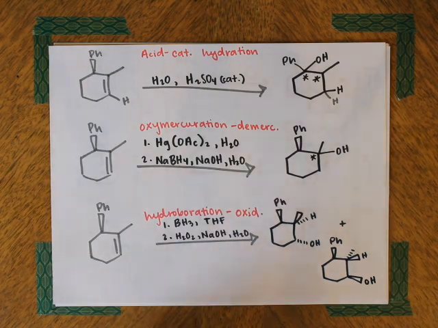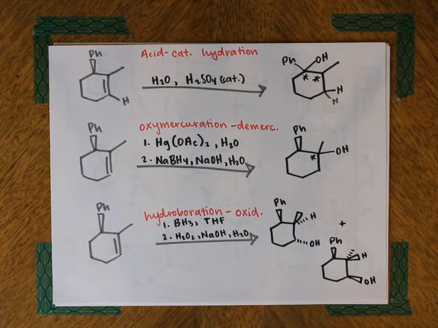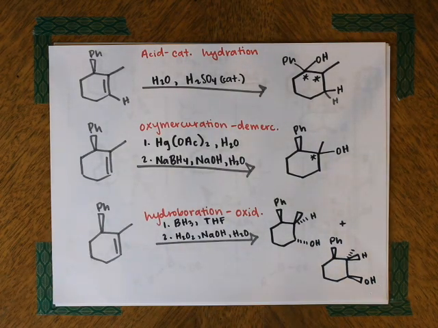Great. So this is the 3 main ways that we can add an OH onto an alkene. I hope that this has been helpful in clarifying some of that. I know it's kind of long and drawn out, but